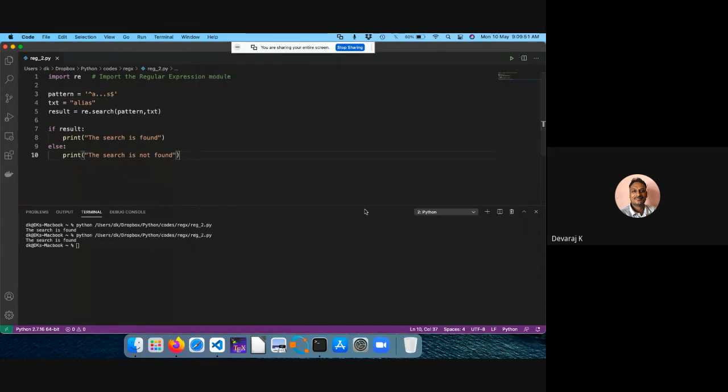Okay. Now the same pattern, if I try to go and search for a particular letter or something. Try to extract some numbers from your string actually.